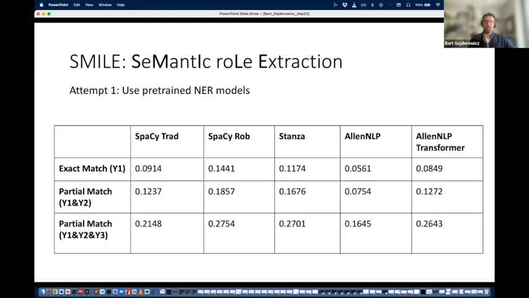So a couple of things that we tried. Our first attempt was to perform named entity recognition using off-the-shelf models. These are the best performing models currently in the literature. And one thing we found was that, this is the F1 score for each of these, and you can see that they're actually quite low. So the published results for NER tasks were in the high 80s, high 90s, on a test corpus. But when we actually apply these models to our data and to our entities, you can